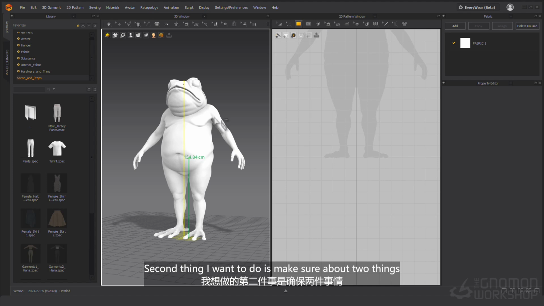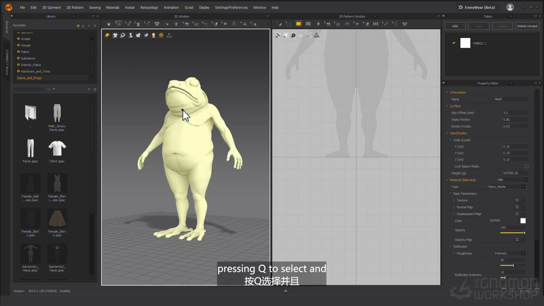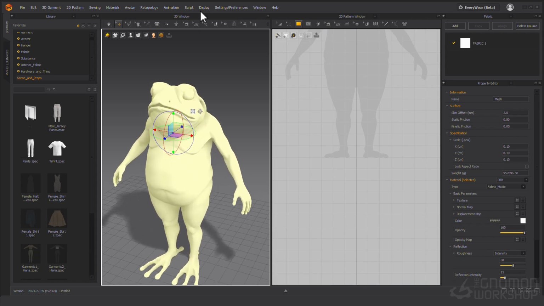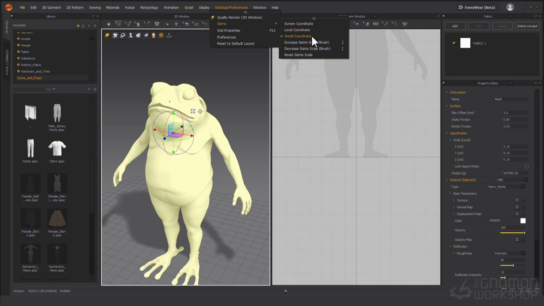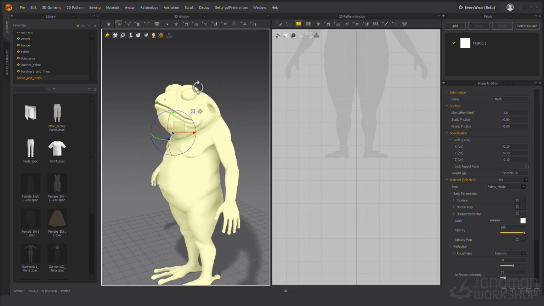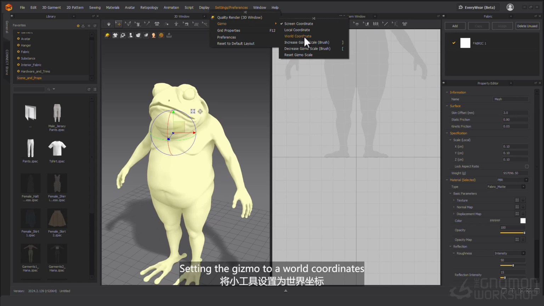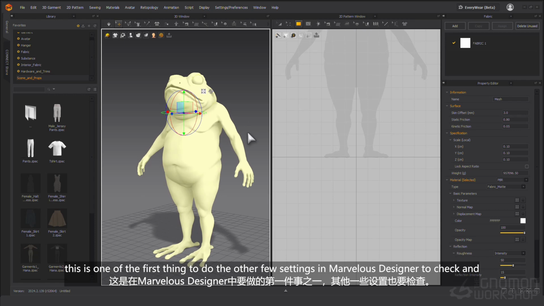Second thing I want to do is make sure about two things. Pressing Q to select, and this is the gizmo in Marvelous Designer. Under settings preferences in gizmo, make sure it is under world coordinates, because local is quite a tricky gizmo to work with, and I personally prefer setting the gizmo to world coordinates, and this is one of the first things to do. There are other few settings in Marvelous Designer to check,